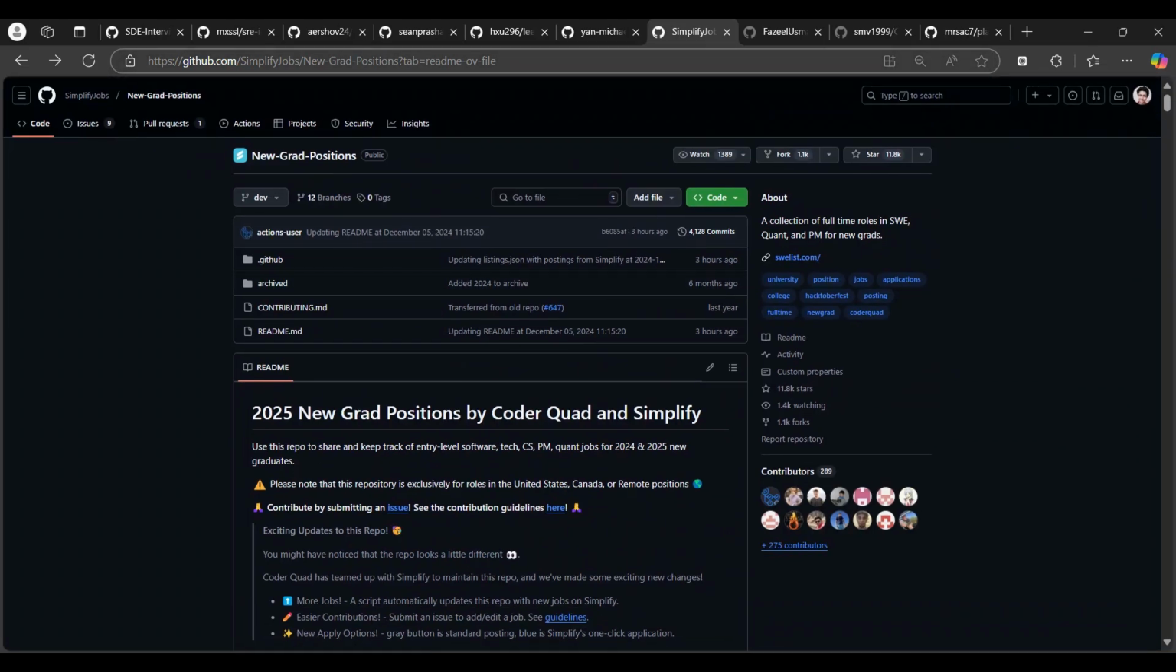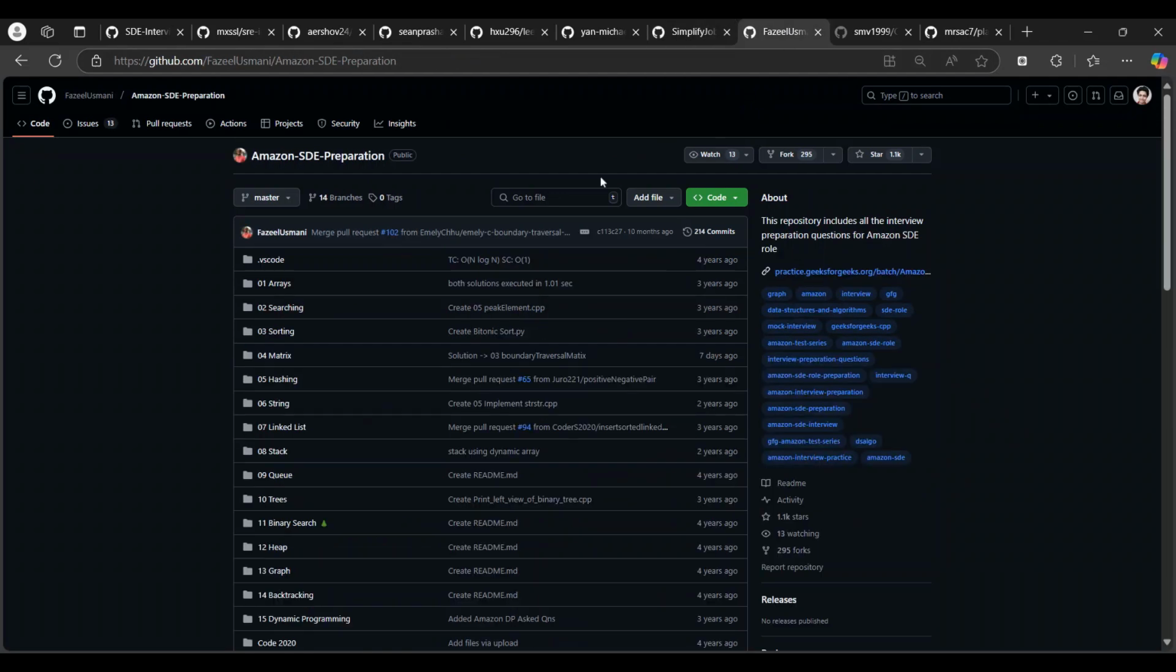Moving forward to the next GitHub repo, Fazil Usmani slash Amazon SD preparation. If you are particularly targeting Amazon, this GitHub repo is really a big thing for you. All the topics specific to data structures and algorithms, like arrays, searching, sorting, matrix, hashing. In hashing, which questions Amazon asks they have listed. So if I click on hashing,